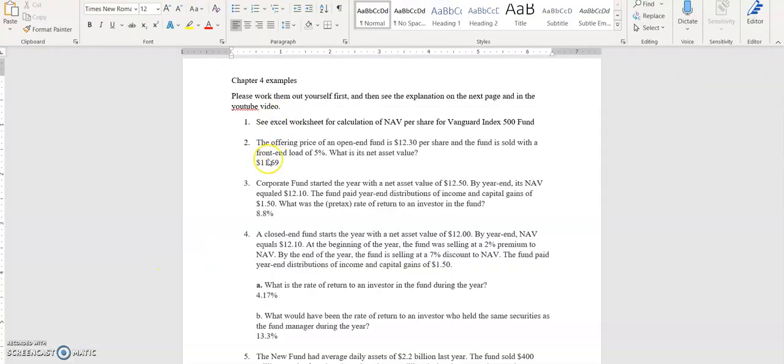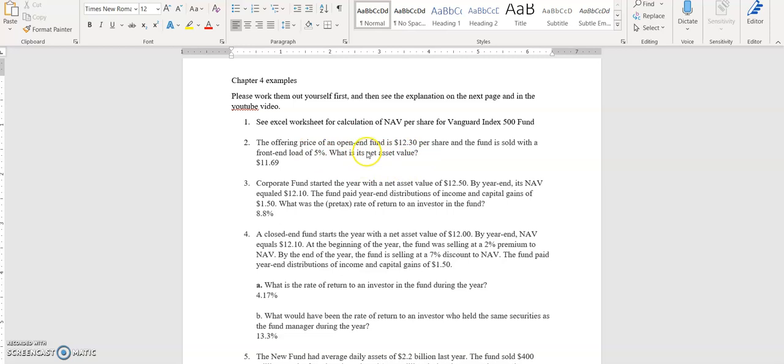Okay, so now let's go ahead and do problem 2. So now you have a mutual fund which has an offering price of $12.30 per share. An offering price means this is the price that the investor has to pay. But this now has a load of 5%. So what this means is you're going to pay $12.30 per share, but 5% out of that is going to go as a load to the broker. So you're going to lose 5% of that, and only the balance 95% will be invested in the assets,